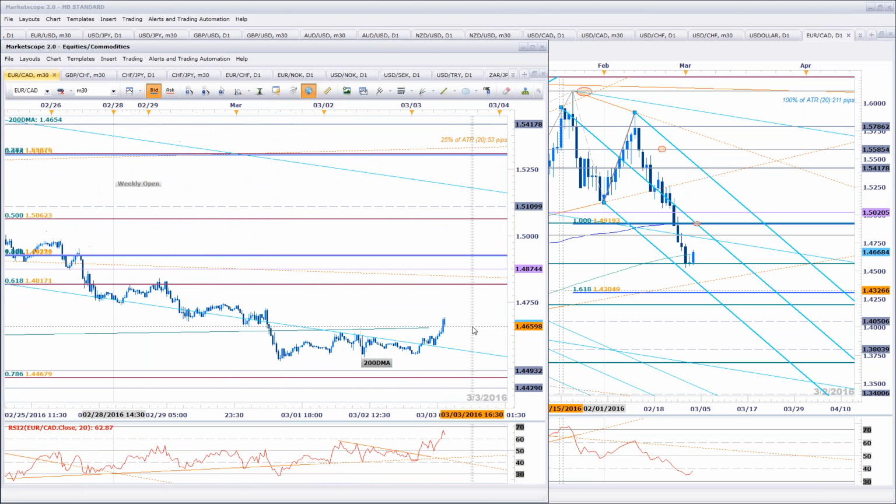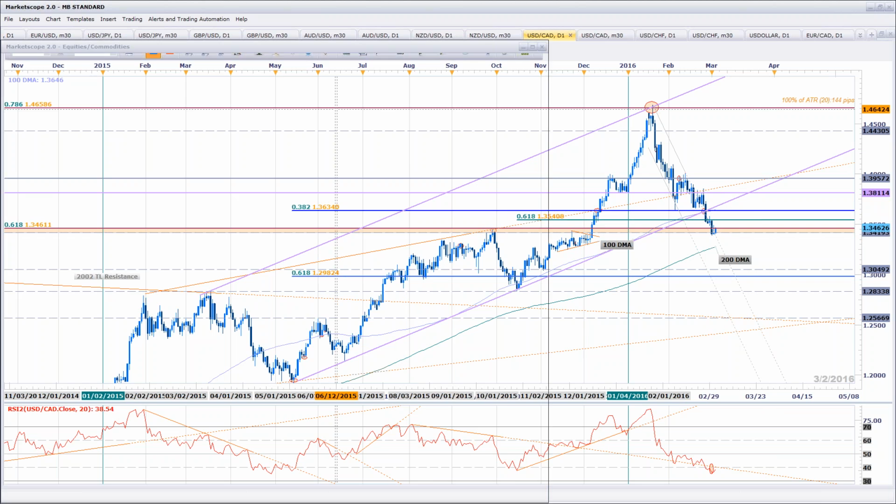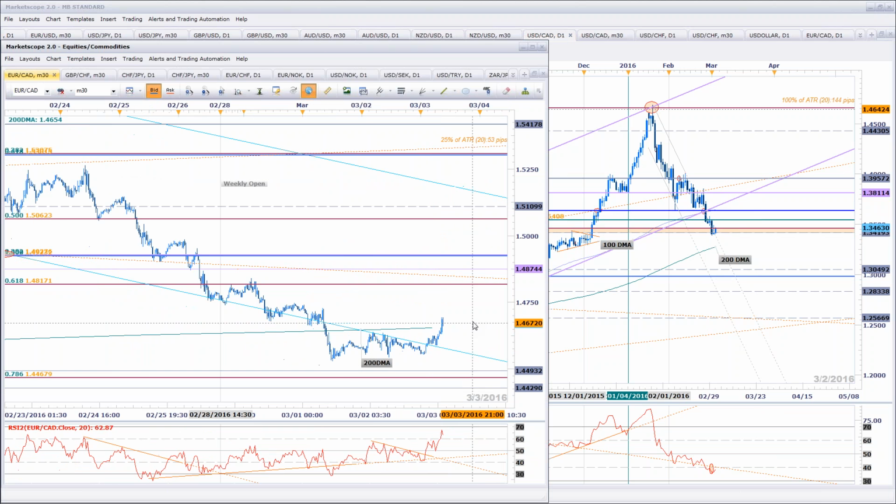If you take into account what we're looking at in gold, and with what dollar CAD is doing coming off support here, that's CAD weakness. EuroCAD, yeah, could see some upside for sure, especially if dollar CAD is able to make a more concerted rebound. Keep in mind that crude is coming into resistance we talked about, and still has some more upside to go before it hits resistance. So I'm not too crazy about getting short the CAD. I think EuroCAD will pan out. I think next week this will be something of great interest, especially if we reach one of those extremes, both in dollar CAD at near-term resistance or crude rebounding off that near-term resistance. I think you'll get a better play here. But for now,